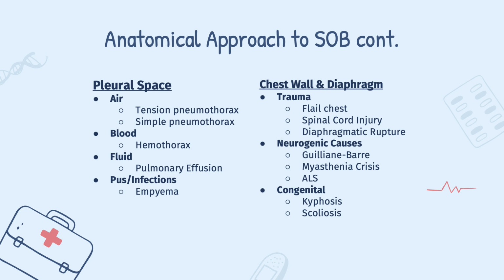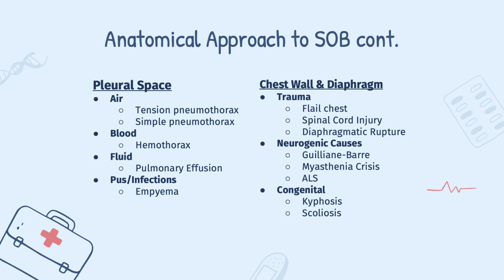So when the chest wall, think about the intercostal musculature and the diaphragm, is either being damaged or not functioning, that results in that breathing impairment. So trauma, neurological disease, and congenital deformities are really all of the culprits that are associated with the chest wall